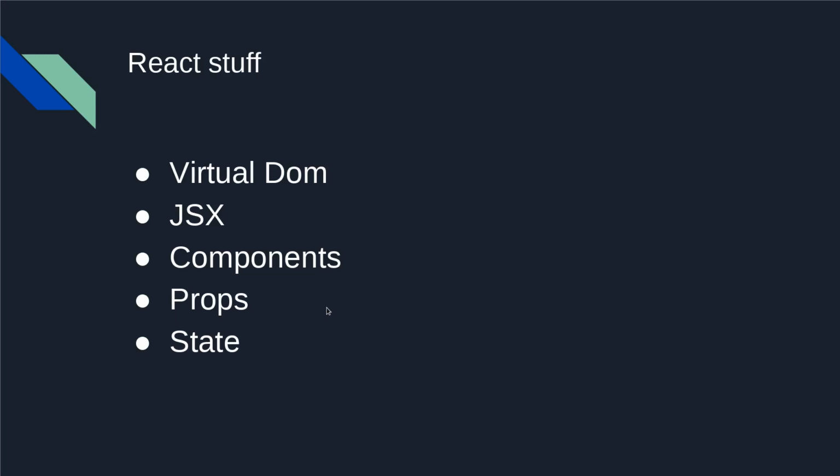Let's say we are using something like jQuery or native JavaScript to handle the DOM. When you are working with these elements, you'll usually have to create so many variables to track each and every element that you're going to manipulate programmatically with JavaScript. So it's really tedious, and React handles this for you, so you just have to focus on the business logic.